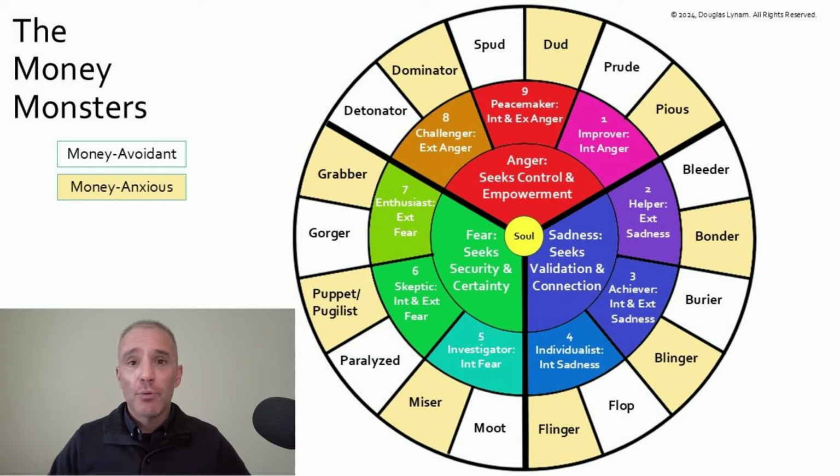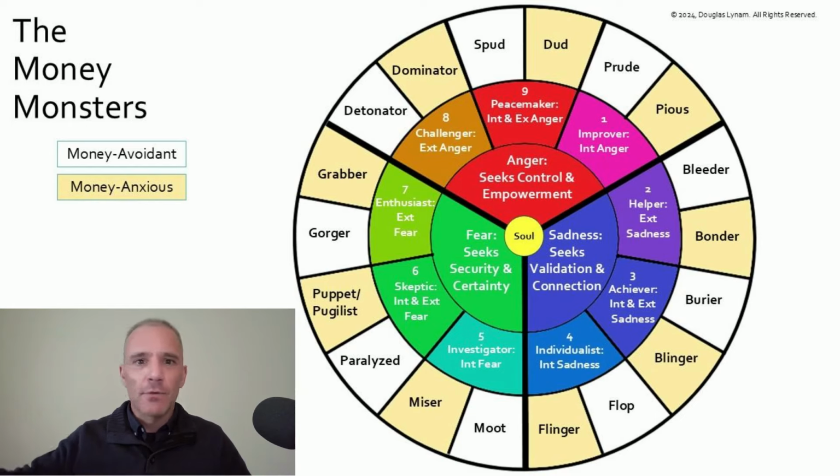And then for 1, we've got the pious and the prude. So if you are a prude, meaning you're money avoidant, that is the type who demonizes money rather than being bad at dealing with money. So 1s have this compulsive need to be good. And if they aren't good at dealing with money, they do this sort of moral tap dance and they make dealing with money bad. And so not dealing with money becomes the perfect way to deal with something that is inherently